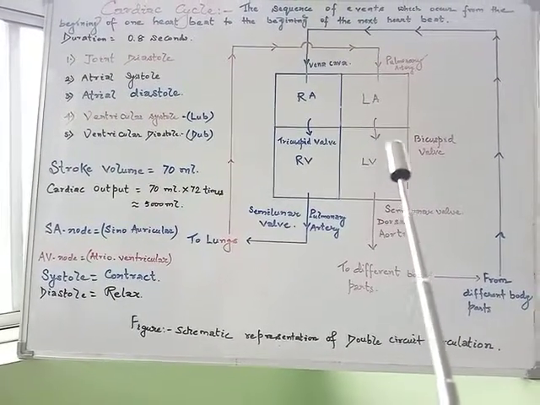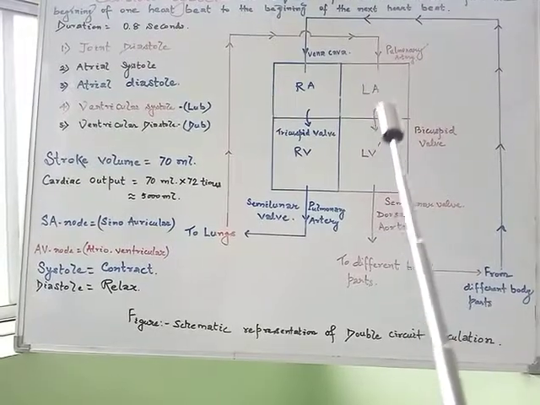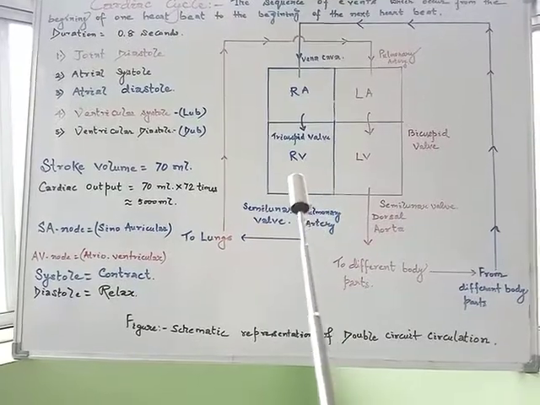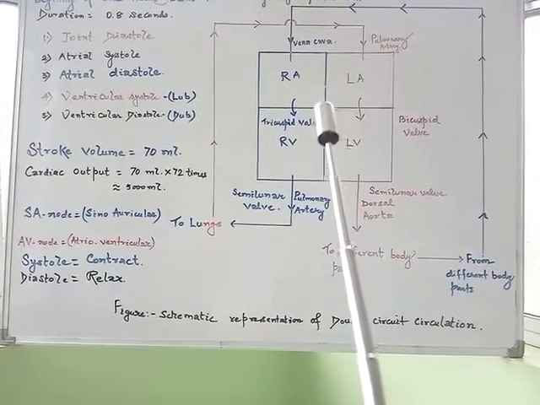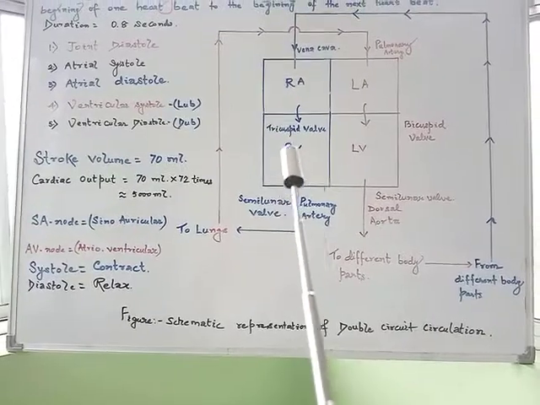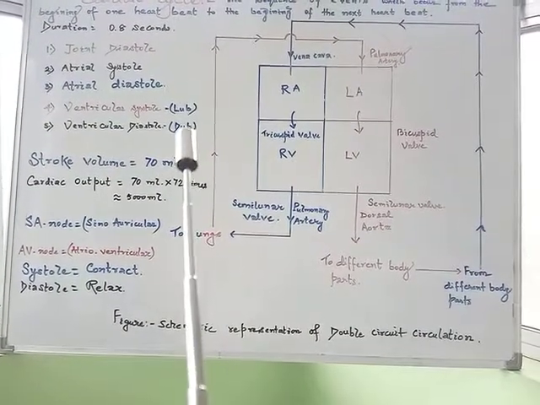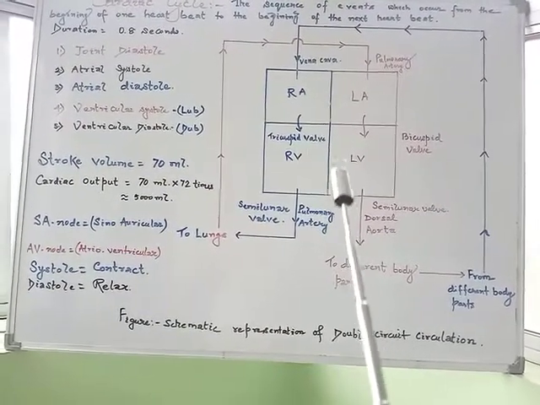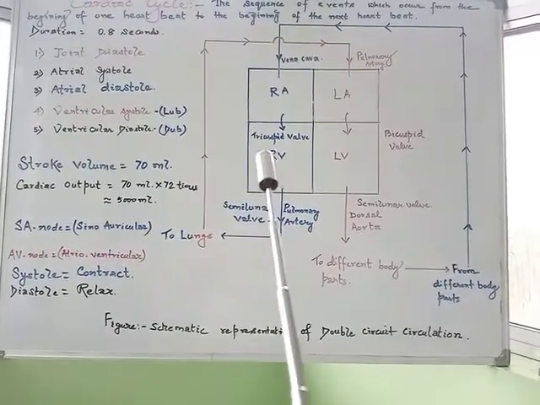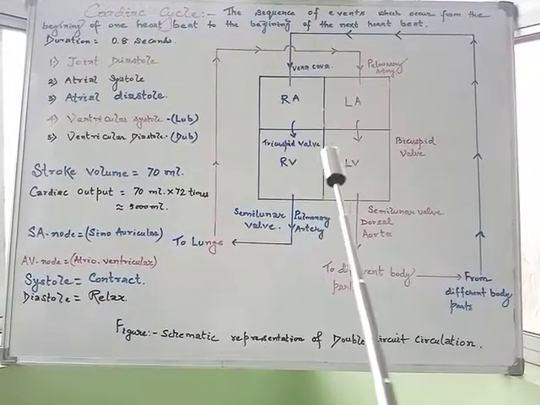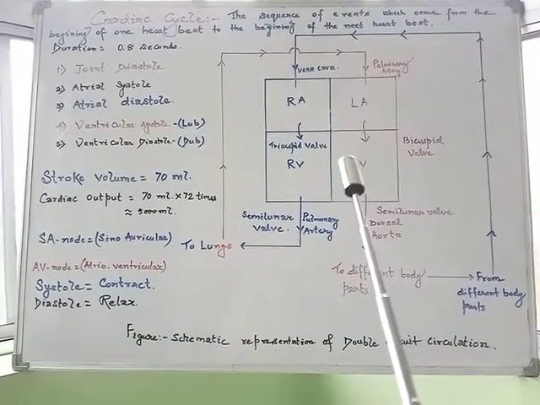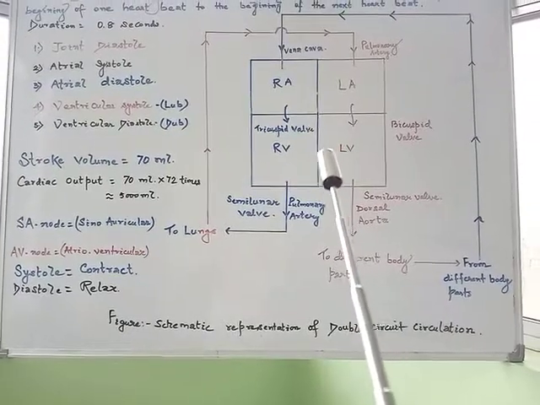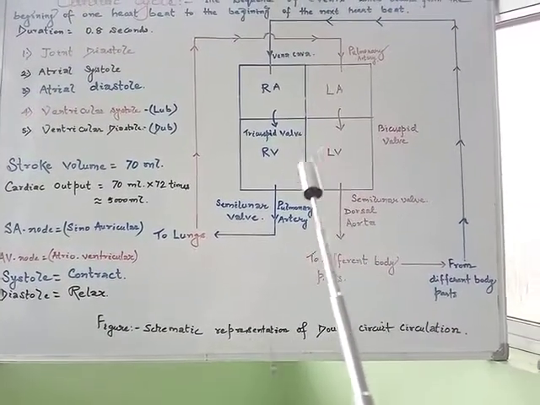We have discussed that the bicuspid valve is present between the left auricle and left ventricle, and the tricuspid valve between the right auricle and right ventricle. They get closed, due to which the first heart sound is produced, which is called lub, and which lasts for a certain duration of about 0.16 to 0.9 second. As the ventricular pressure increases and exceeds that of the aortic pressure, the semilunar valves